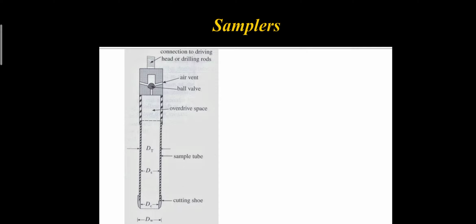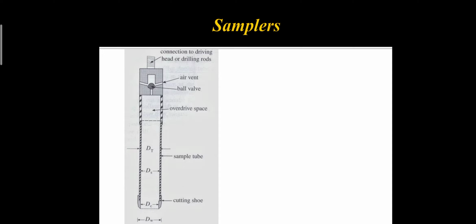Similarly, there will be the opening at one end. Similarly, when you take a sampler, the sampler will have these things. One is the opening part, that is called the cutting shoe. You can see the bottom, the cutting shoe, and the tube inside, that glassy part, you can imagine as the sampling tube.